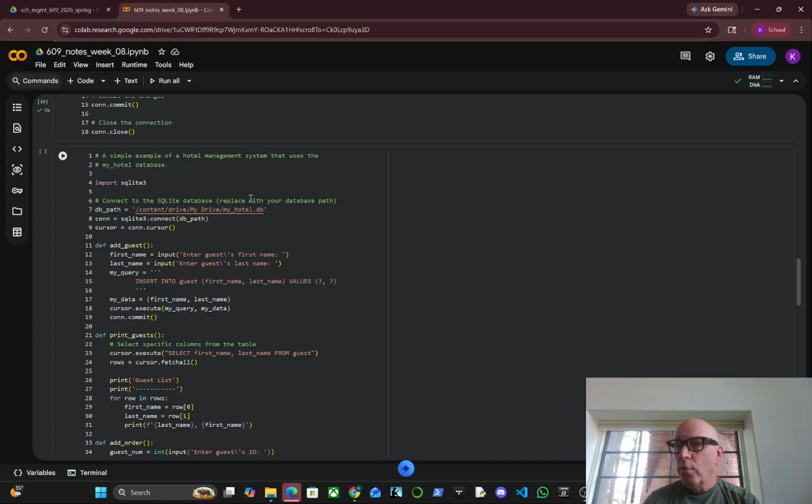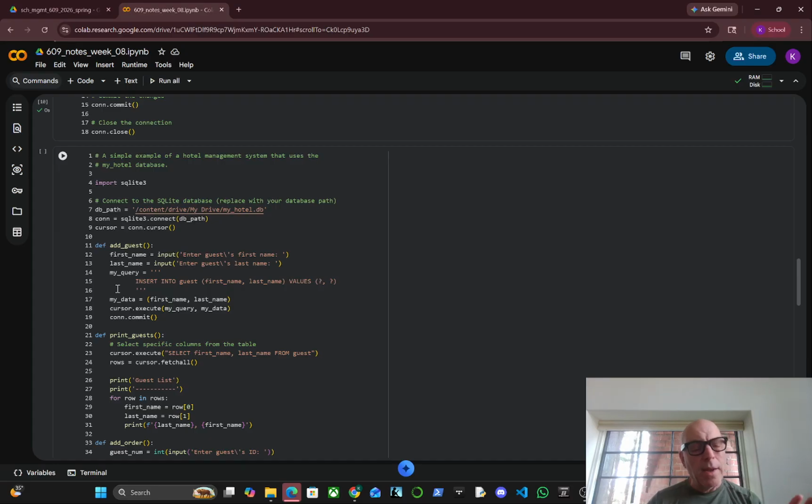So that's why we moved to a database. And I've made some functions such as add guest and see what it does. It prompts the user with the input. It makes a query with the question marks to insert those values, and then sets the input from my user, first name and last name, becomes the tuple to the query, right? So cursor execute. This allows us to put a new record in the database based on what our user typed